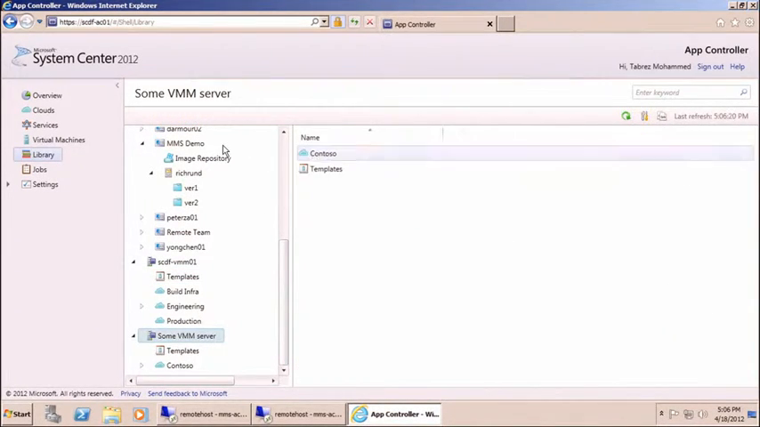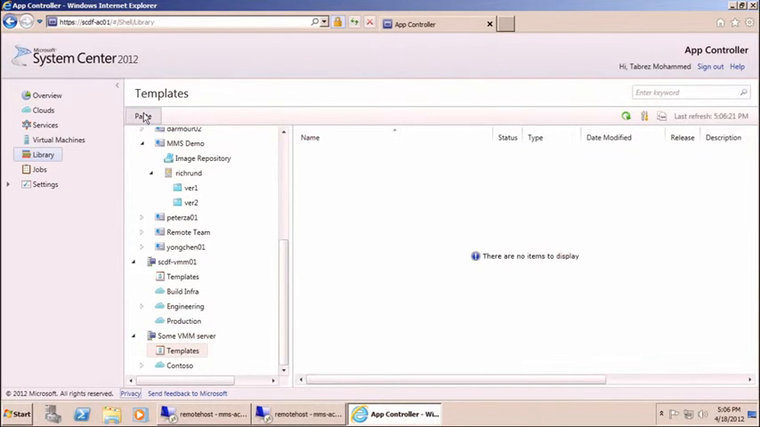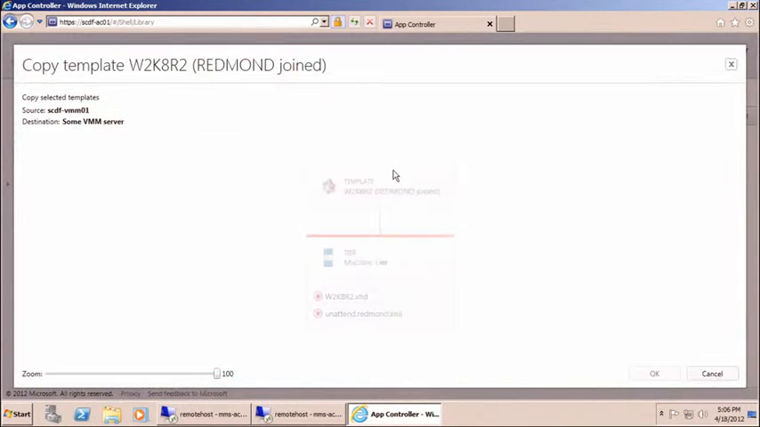I go over here to the second server that I want to copy it to, go to the templates location, and click paste. Now, what this exercise is going to do is look at this template and see what assets are connected to it. In this case, it's an unattended XML file, which is part of the OS configuration of this machine tier, and